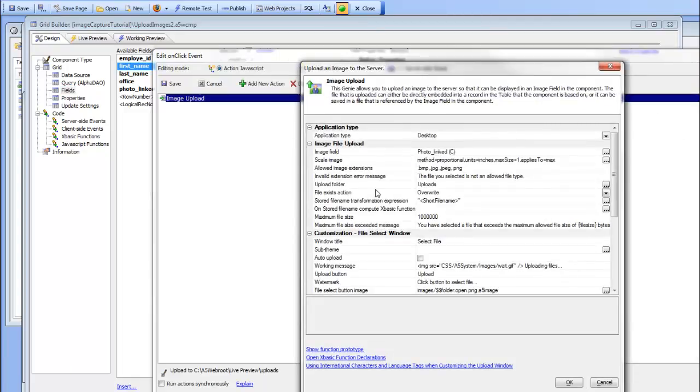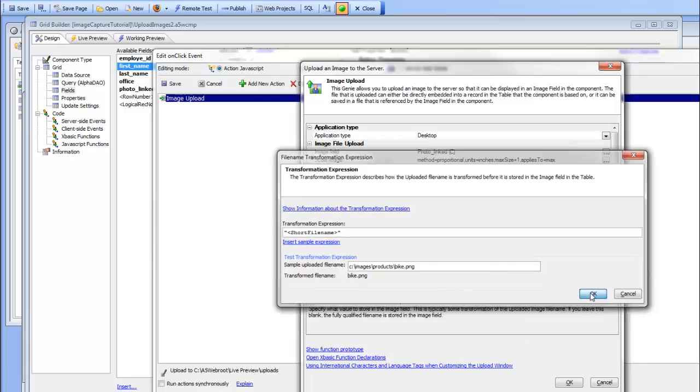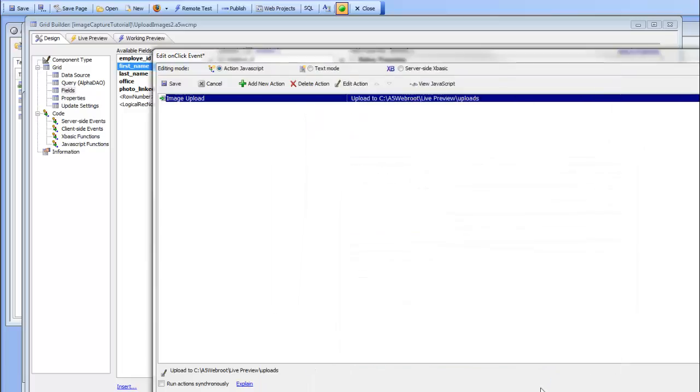and we've chosen to store the uploaded images in a folder called uploads, and we've also chosen to store inside the photo_linked field the short file name, so not the full file name but the short file name. So that means that if we go look at the table that we're uploading the data to,